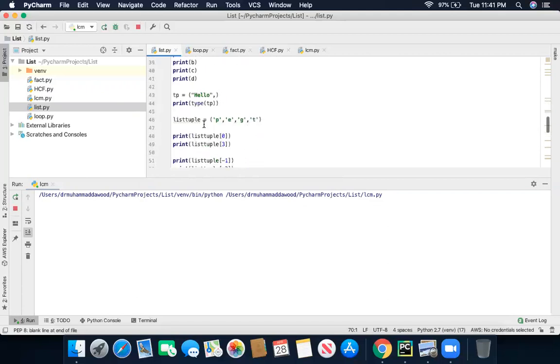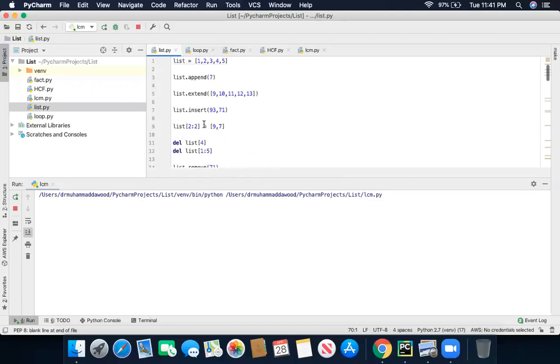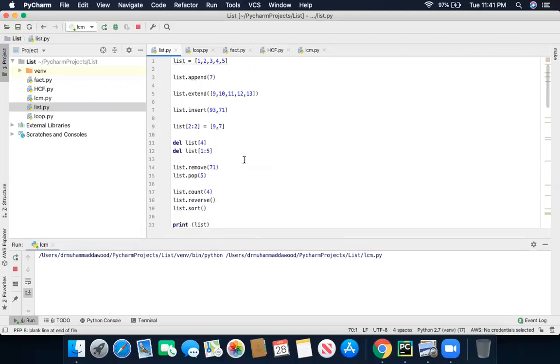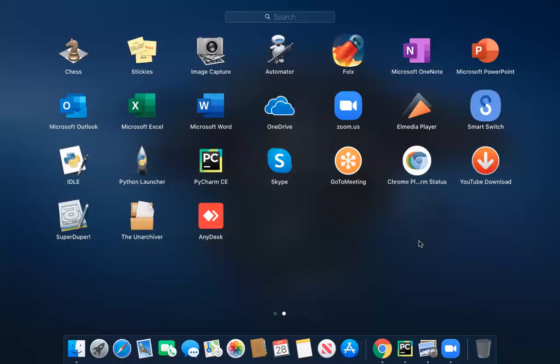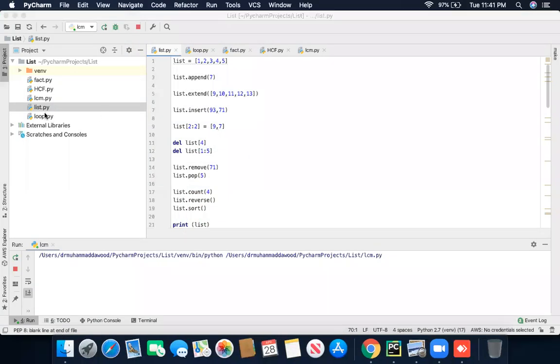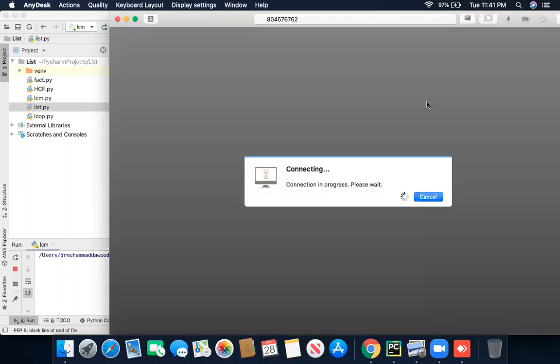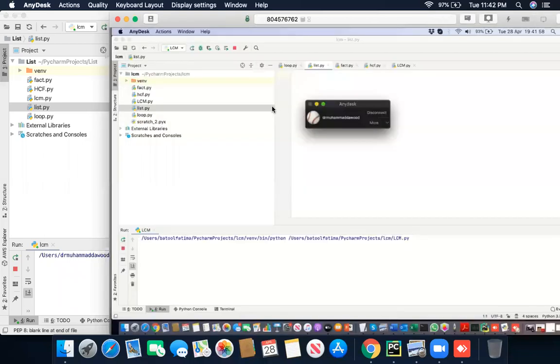Can I see it? Oh yes, you have it. I'm going to send you the programs as well. This is my list program. Let me have your access, so I will send this program directly to your system. I've opened a new folder, new file.